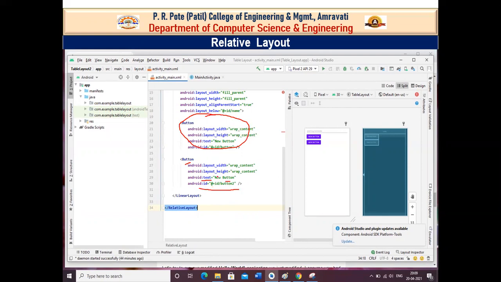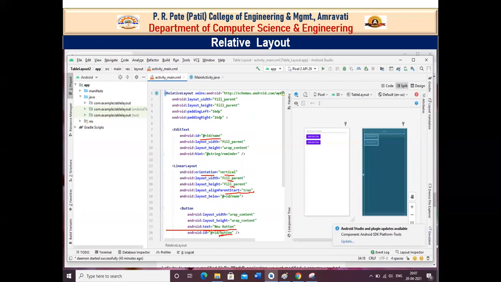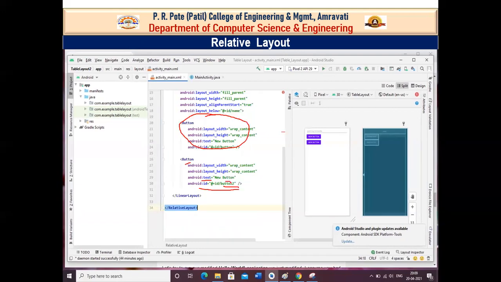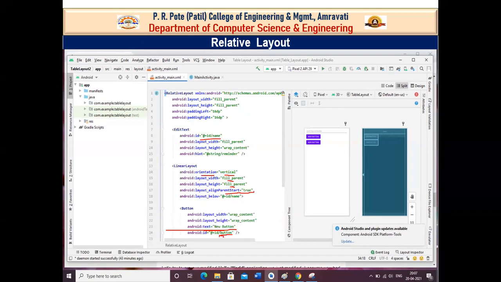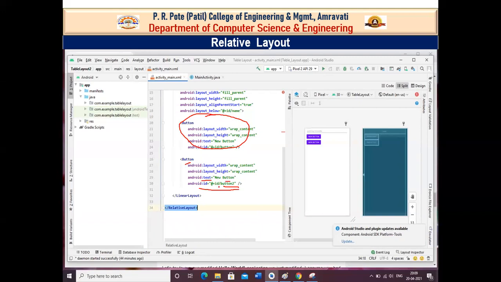That's why here the ID is given as button 2. So you can notice that the text of my button is the same, that is new button, but the Android ID is different. Here the Android ID is only button and here the Android ID is button 2.